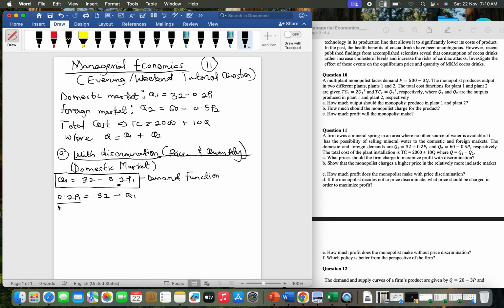Since you are finding for P1, you divide both sides by the coefficient of P1, which is 0.2. So this moves out. So I have P1 to be, let me use a calculator. 32 divided by 0.2. We have 160